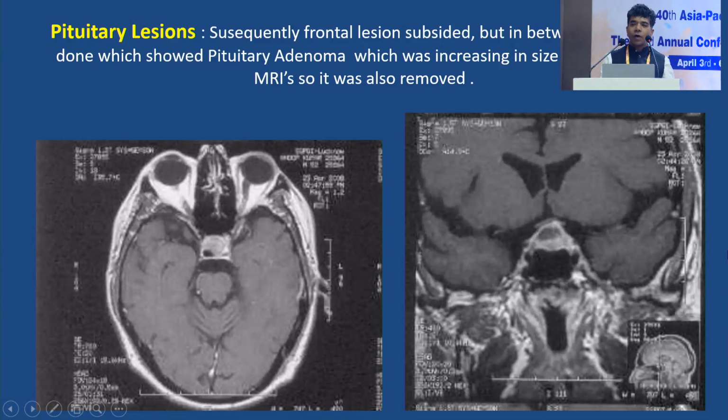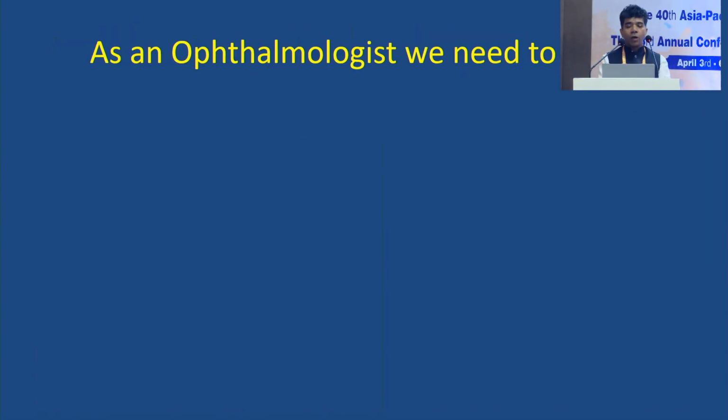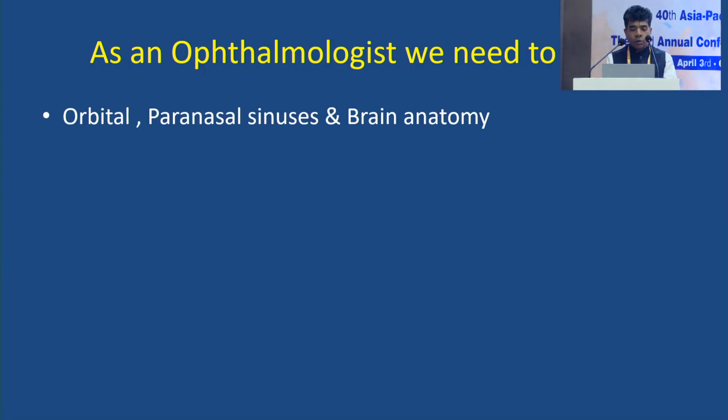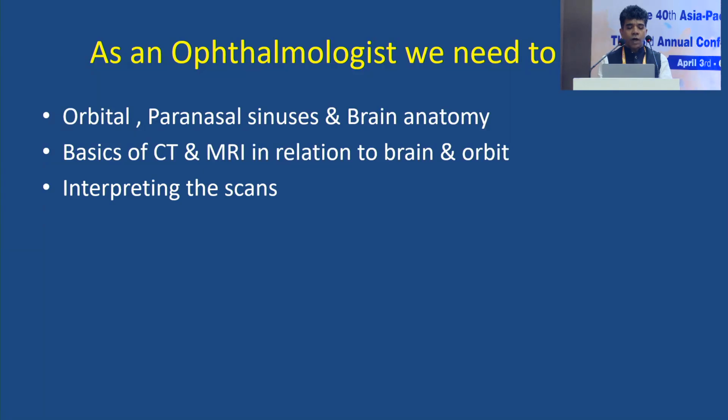So this is how you have to think: get the clinical examination, fields, and MRI. And MRI has to be ordered very meticulously. You have to write everything to the radiologist, because he would not be able to know what I want to do. So as an ophthalmologist, you have to know the paranasal sinus, brain anatomy, basics of CT and